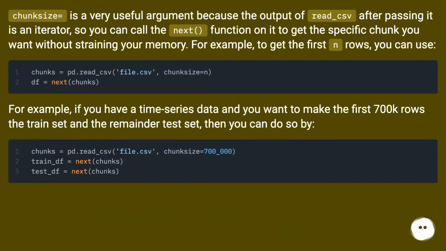chunksize is a very useful argument because the output of read_csv after passing it is an iterator, so you can call the next function on it to get the specific chunk you want without straining your memory. For example, to get the first n rows, you can use: